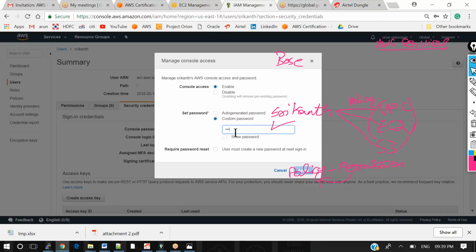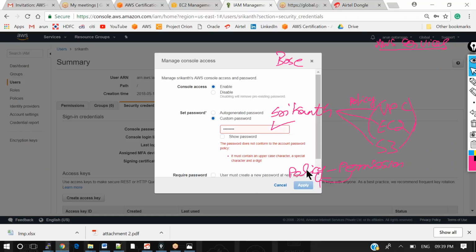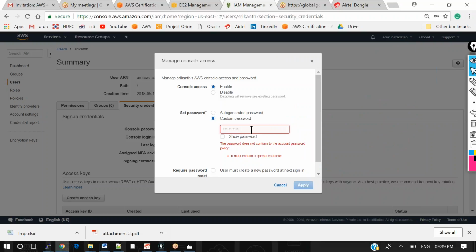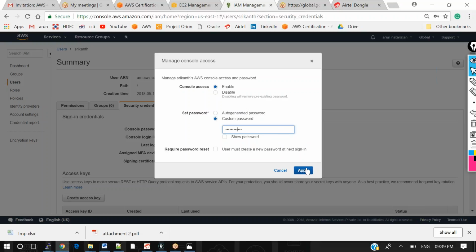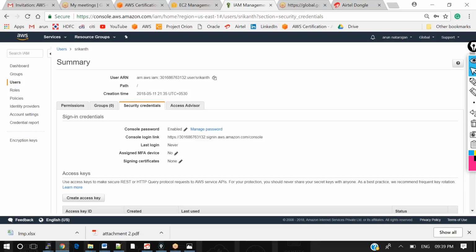I am making the password the same as his name, Srikanth: uppercase, that is capital S, then 1, 2, 3, and a special character. So I have created a password for the user Srikanth.